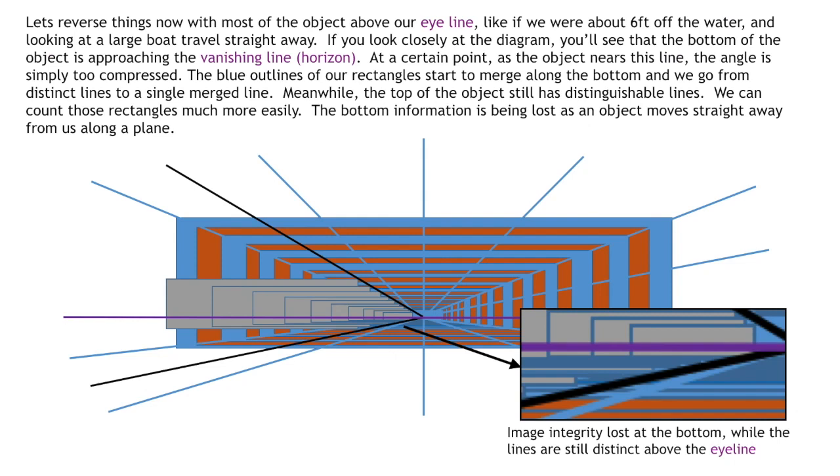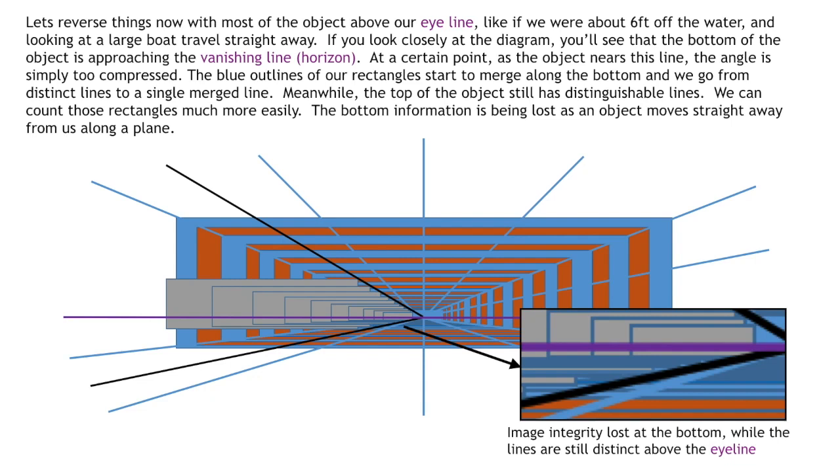Let's reverse things now with most of the object above our eye line, like if we were about 6 feet off the water and looking at a large boat traveling straight away. And again, it starts off a little bit to our left. If you look closely at the diagram, you'll see that the bottom of the object is approaching the vanishing line